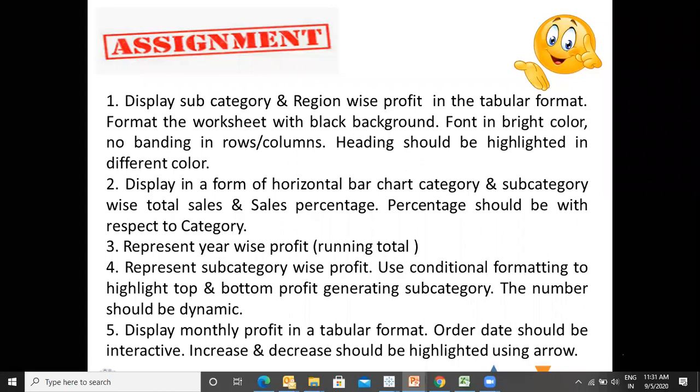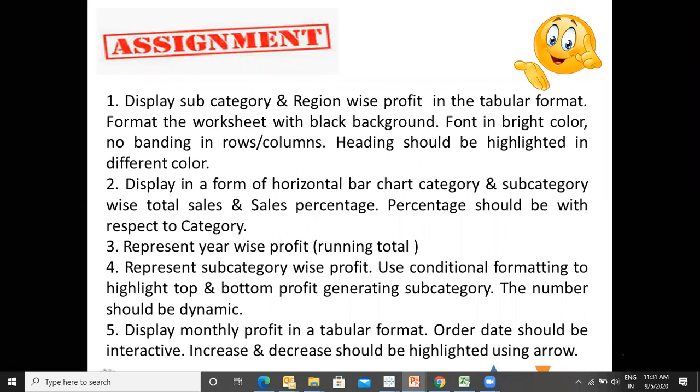Represent year wise profit, that is, you are representing the running total over here. Represent subcategory wise profit using conditional formatting, to highlight top and bottom profit generating subcategories. The number should be dynamic, that means you need to make use of parameters.